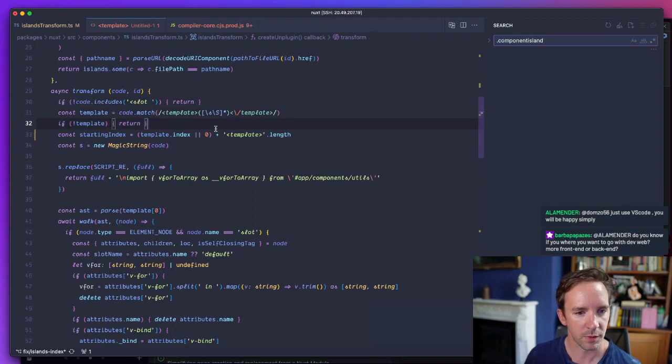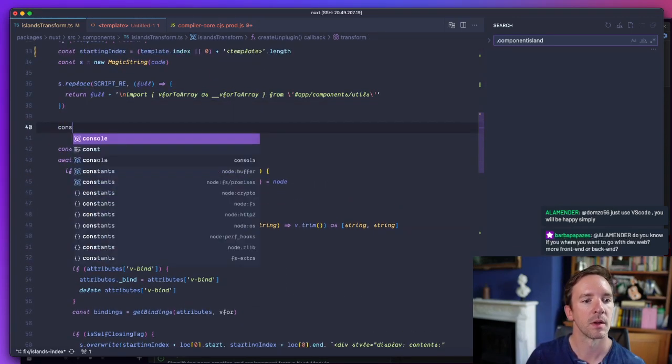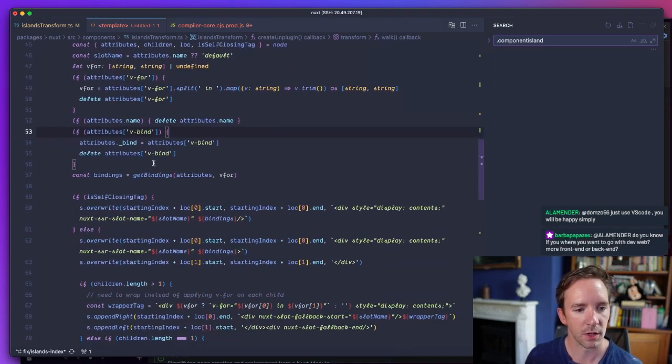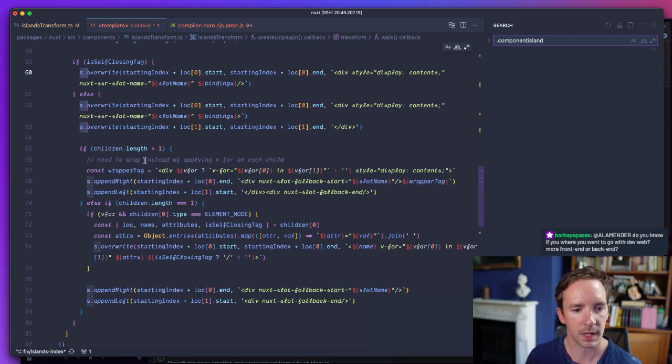We also then, when we are transforming it, want to make sure we have our starting index. And then let's just have a little look at what we're doing at this point. So maybe there's something that we're not hitting.